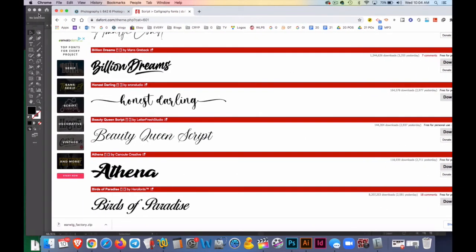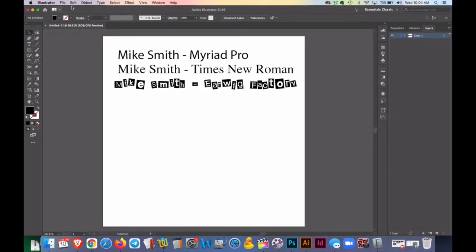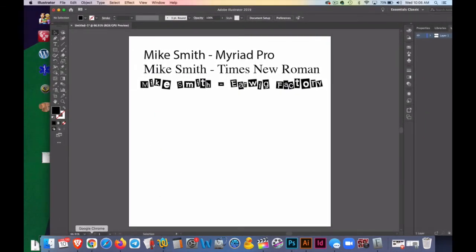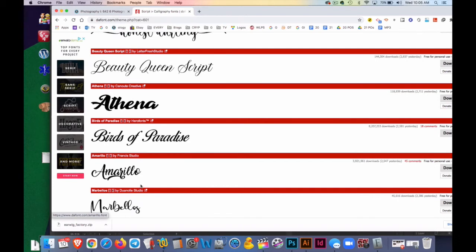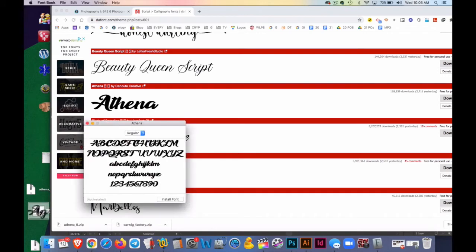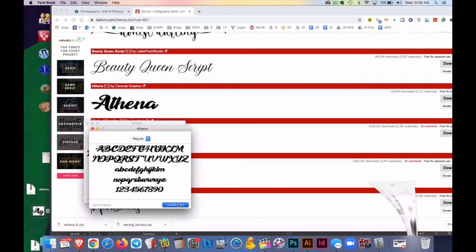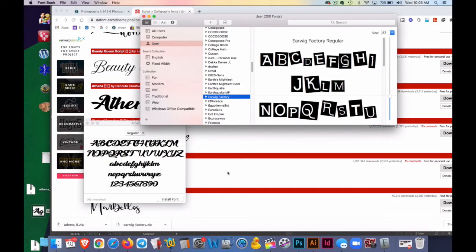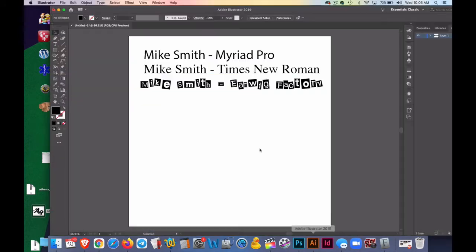Here's one called Athena. So let me just make a little room on my desktop here so we can see this. That's okay, so I'll download Athena. You can see it downloads here. I wait till it's done downloading, drag it out, unzip it, and this one looks a little bit different. It's not in a folder, I just hit install font. That one's called Athena, so I'll go into Illustrator. I will click on this, Command C, Command V,